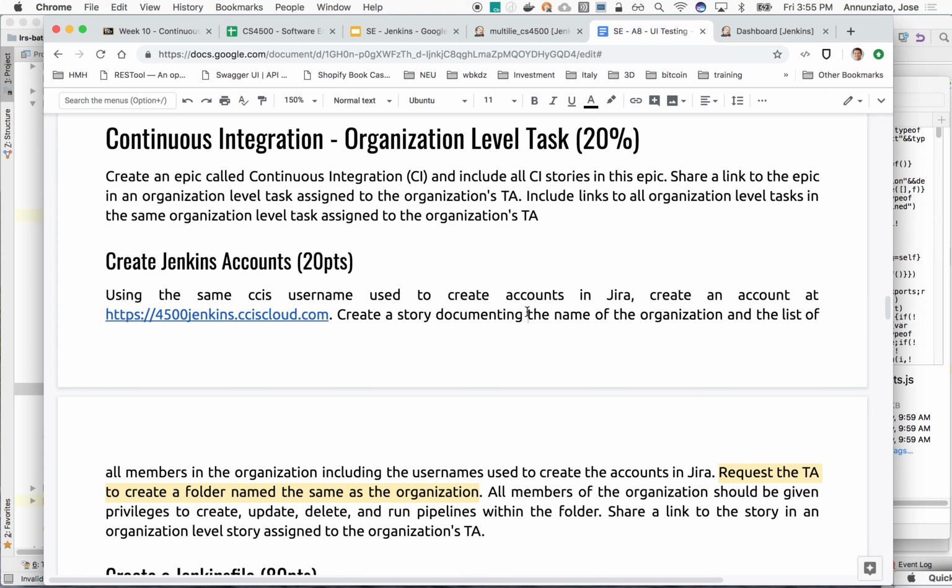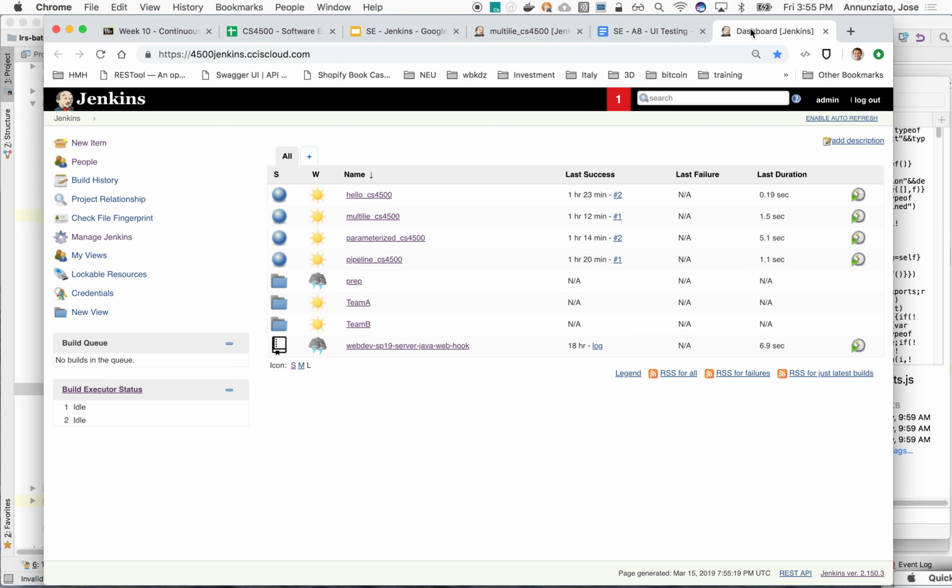Now the Jenkins machine that we have is not connected to the university. It's not connected to LDAP, so it's not going to verify that this is a CCIS account or not. Right? We're just asking you, please use the same username that you use for CCIS, so that for us to keep it straight on who's who. Please use the same username, and just capture the usernames and all members, and copy them to a story for the TA to go